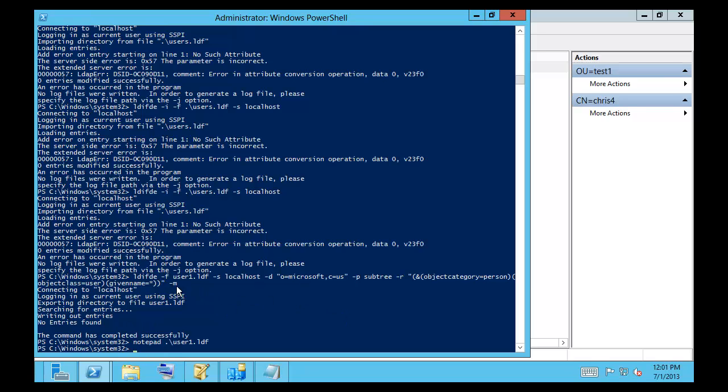No entries found. Okay, what was I looking for? So we were going to go from localhost Microsoft US subtree with any object category person, object class user, given name, anything. I don't really have a given name, but